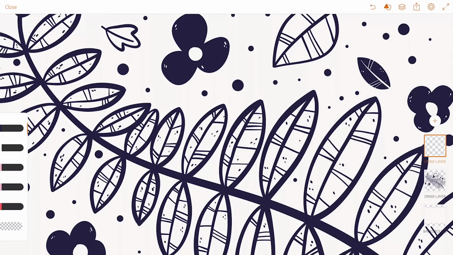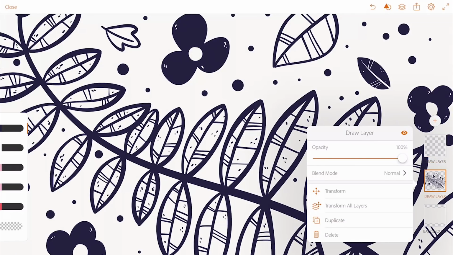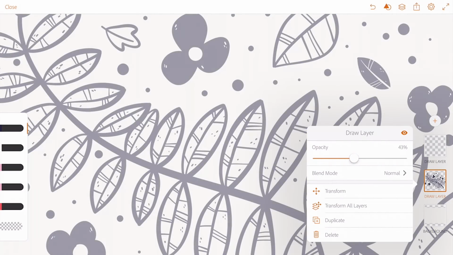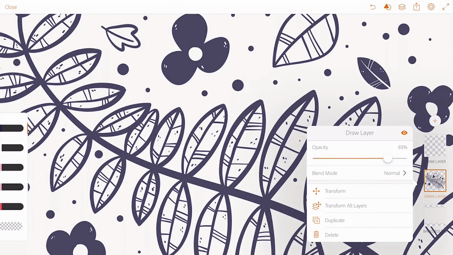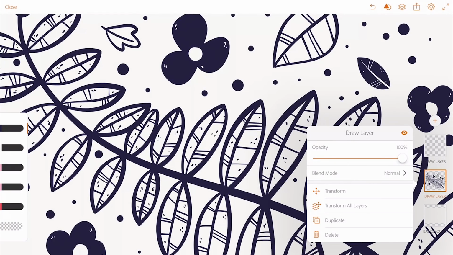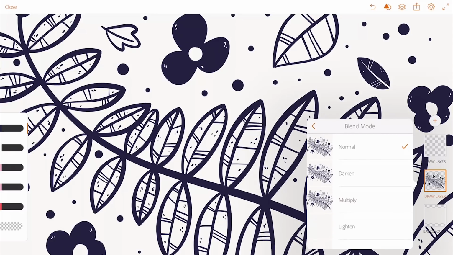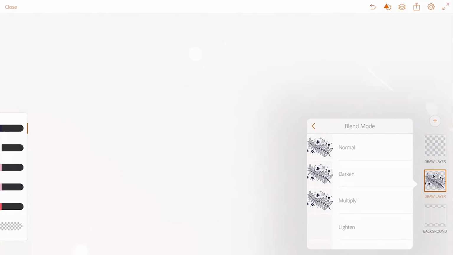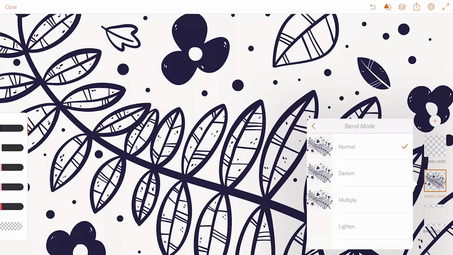Now, the cool thing is you can double tap onto the draw layer. And now you have this dialogue here. You have a few different things that you can do. You can play with the opacity, so you can decide how much opacity you want for this layer. You can mess with the blend mode, so you can choose multiply, or screen, or any of those things. Here it doesn't work because we don't have multiple colors on multiple layers, but you have different